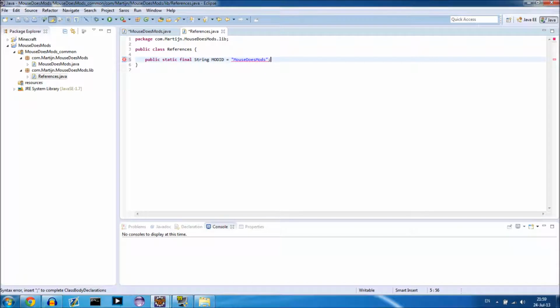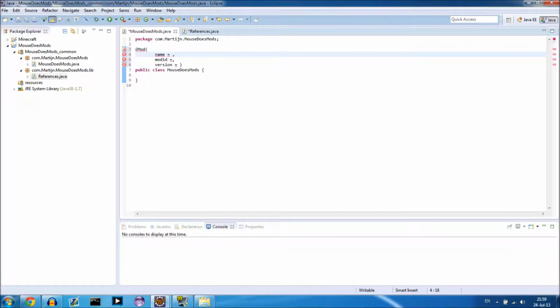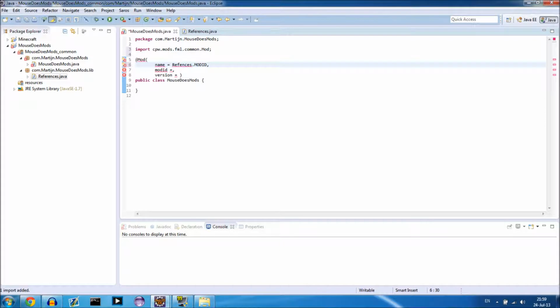mouse.mods. Now how can we refer to this from the main mod file? In order to understand this, you need to have a basic knowledge of Java, but what you do is References dot, and if you press the dot, it normally should do stuff automatically, but for now, References.MOD_ID, import stuff,